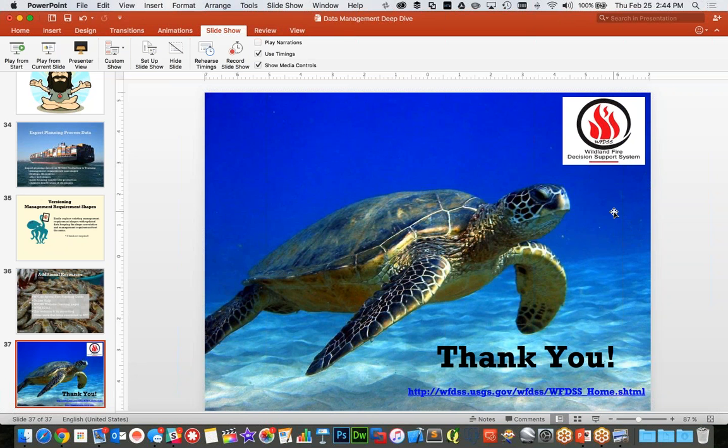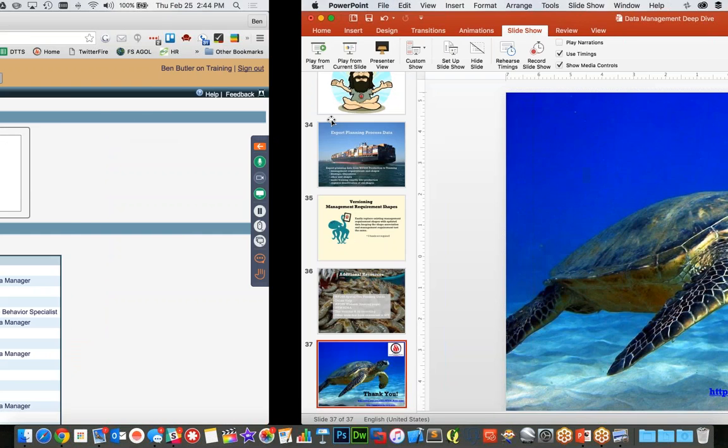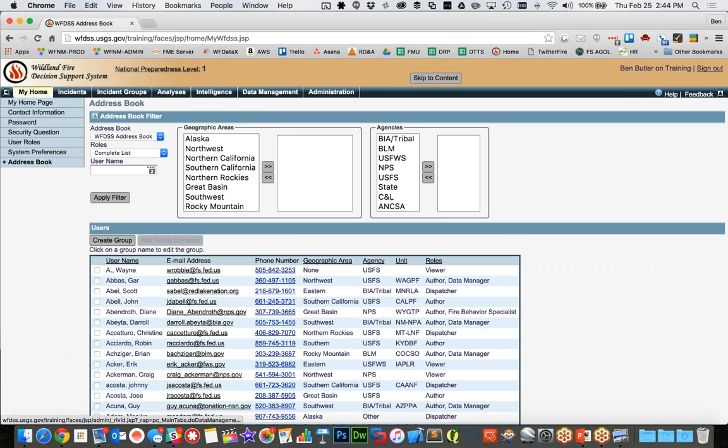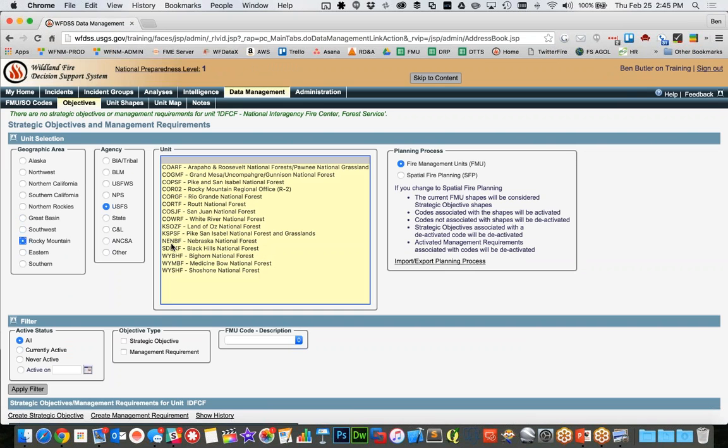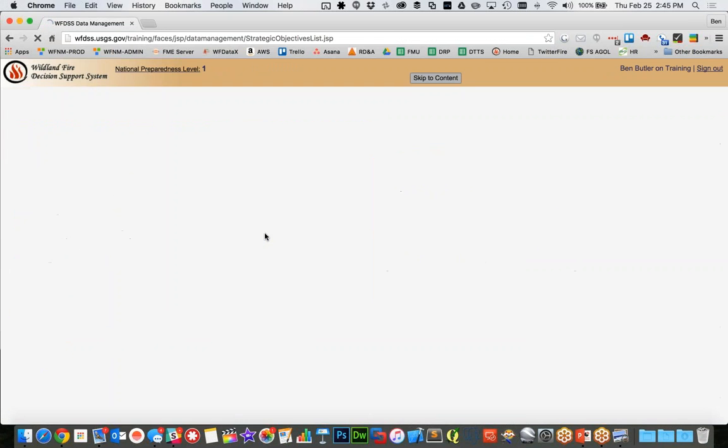That is. One suggestion I have, if your FMU shapes do not match what you're planning on putting in training: one workaround would be to create some management requirements and just call them SO shapes. Yep. And then you could put those in and see what they look like and play with the language. That's one option, because some people may be in the process of changing the shape file, so they're going to have more or less, and that would be one way to do it while you're still using that old